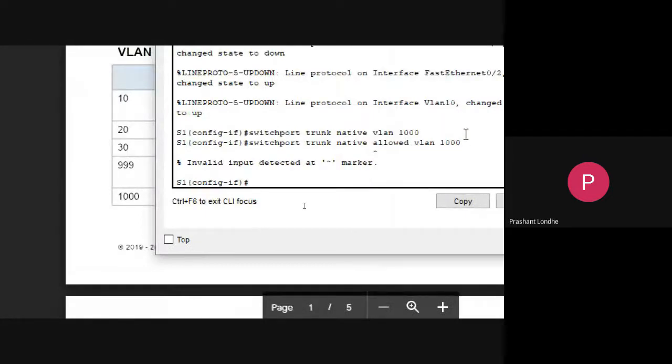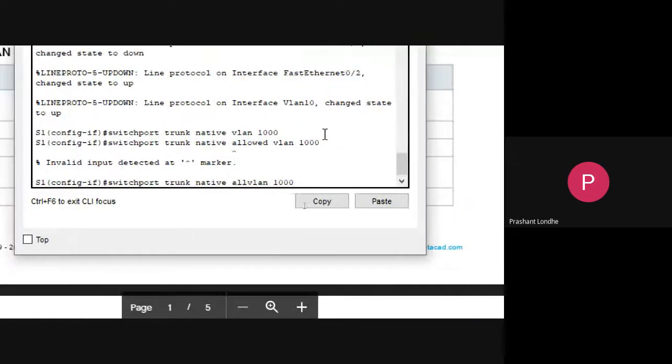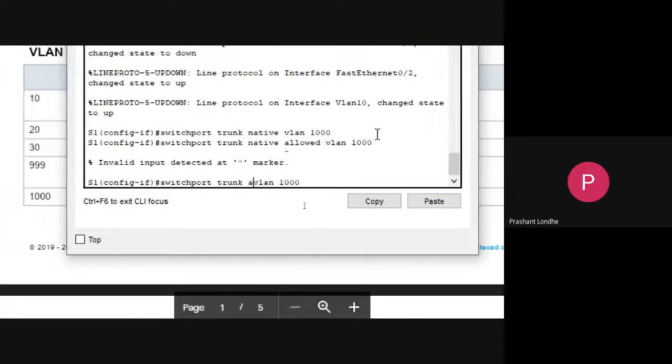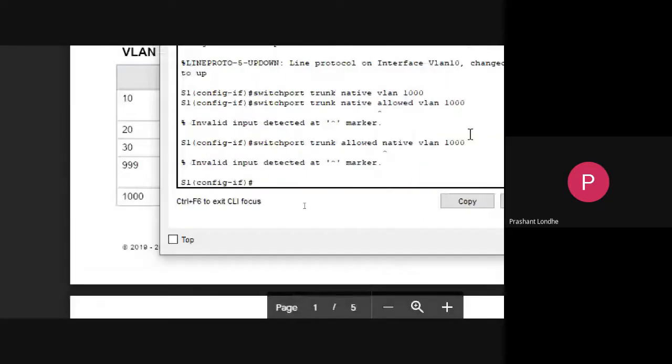Okay, it's giving the error. Let me check. Okay, it should be allowed VLAN. It is giving the error. Let me find out.